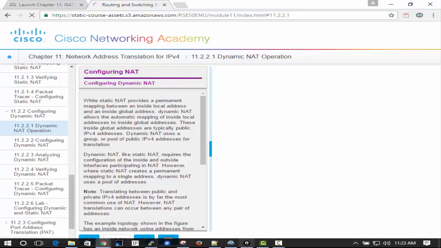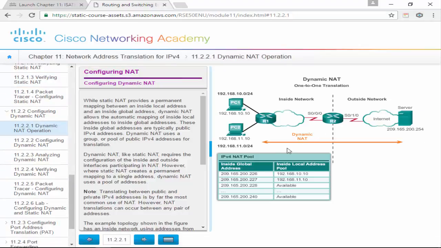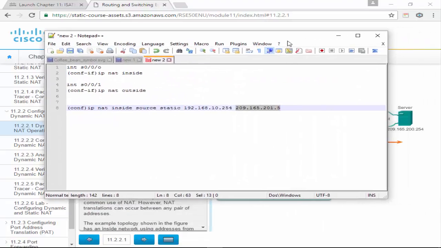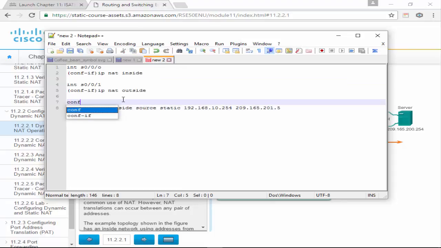All right, so our dynamic NAT. Now we're going to map many, and so it gets a little more complicated. This part stays the same, where we assign inside and outside interfaces. And the start of it could start the same here, but usually we start in the global config,